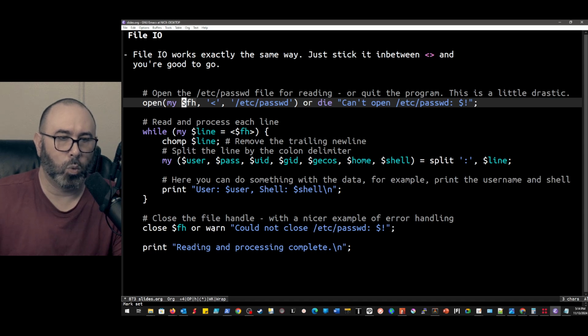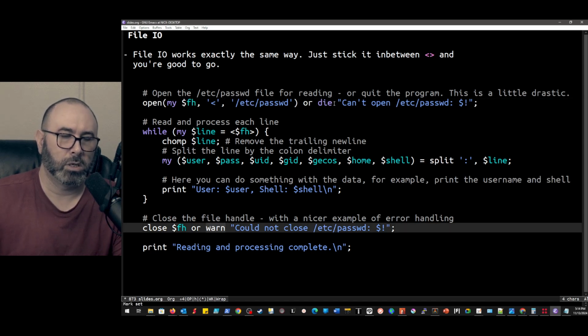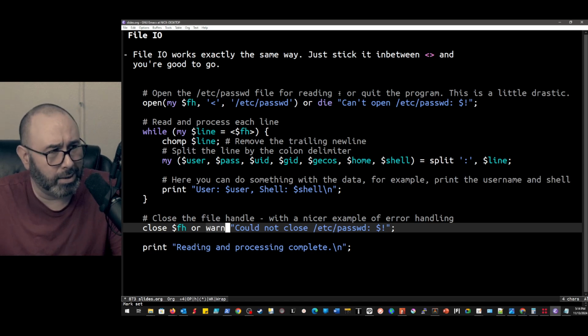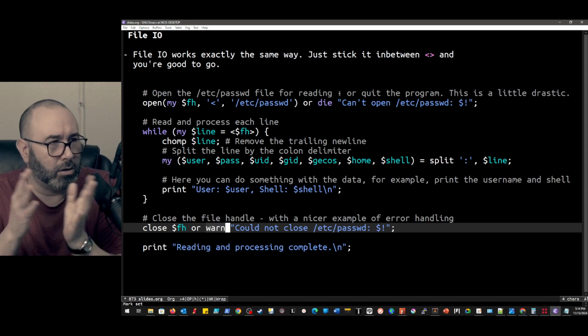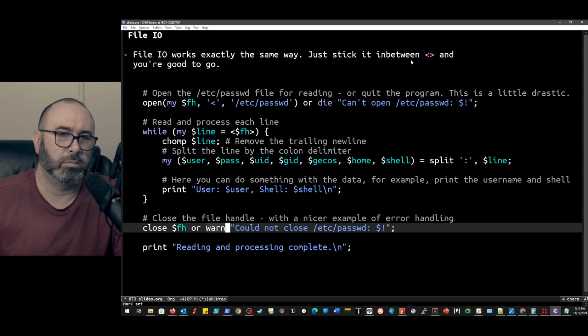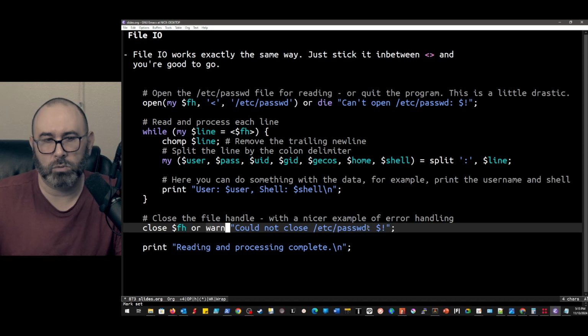We're also seeing the warn keyword, right? So probably what we'd want to do is have this be like a try statement or something like that. And if we couldn't open up this file, throw some kind of warning, maybe try it again. Maybe we wait off. We have some kind of logic in there to handle whatever we want to do. Probably better than die. That's a little bit drastic, but you can do whatever makes sense in that area. And closing the file handle, right? That's probably not going to be terrible. It's just not going to have that lock removed, and we'll have to wait for that to expire.